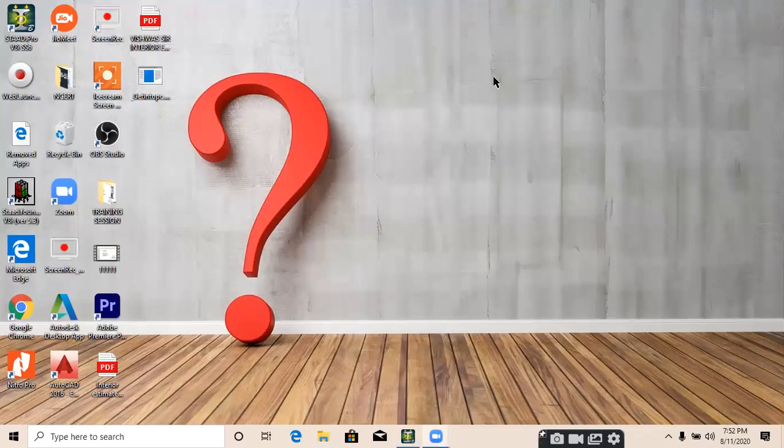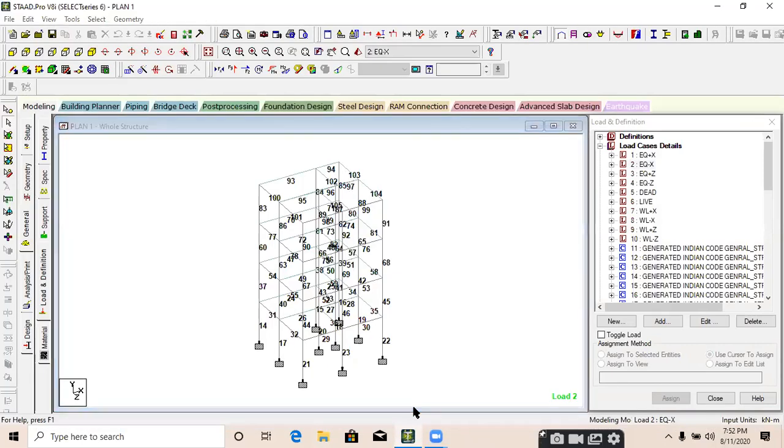I'll show you one typical diagram and you will come to know how we can take this data. Any other doubt? I'll show you on my practical project how I design it and submit it to the client.